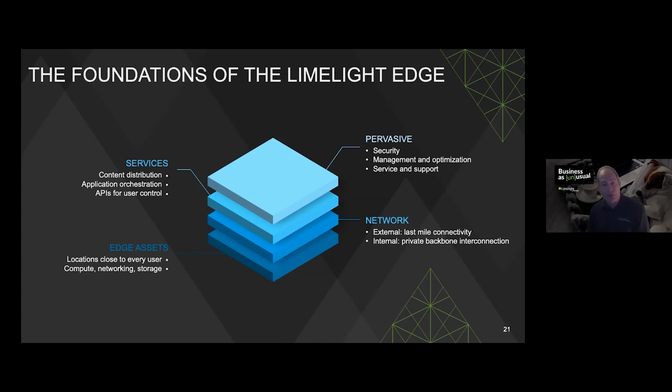The backbone is important for us. It helps us ensure high quality of delivery and high QoE for streaming. It can also help ensure that for compute. There's a service layer that we have in there, and I'll talk a bit about that in just a second. And on top of that is the sort of pervasive elements of multi-tenancy, service security, the management and optimization of those services, the insight, the orchestration and the observability of them, and the way in which we run that. So we think those are the sort of the foundations of how to build a set of edge services.